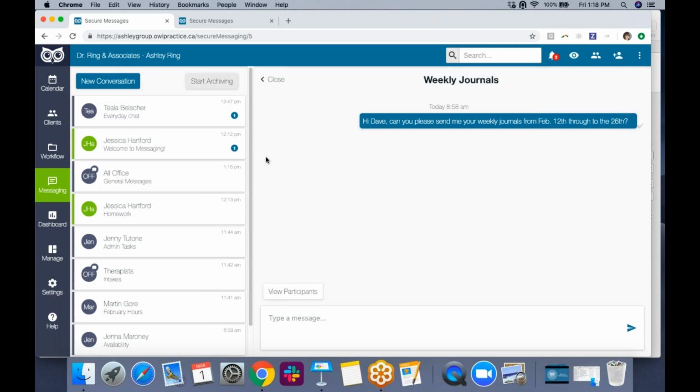So group users can use secure messaging, and solo users can use it as well to communicate with any administrative staff. With your group practice, obviously there's a lot more users, and with the solo, you may have one office admin or a supervisor who has access to your account, and that makes it a nice feature to use in those cases if you're not in the same room, but you want to have some back and forth about ongoing tasks. If you want to start a conversation, all you have to do is click on that new conversation button,